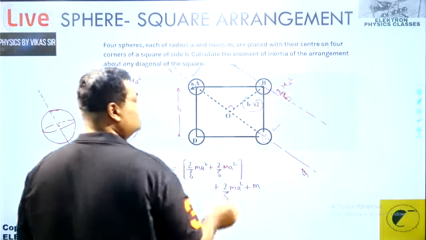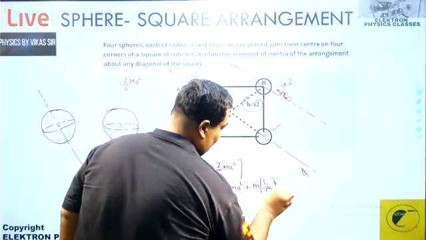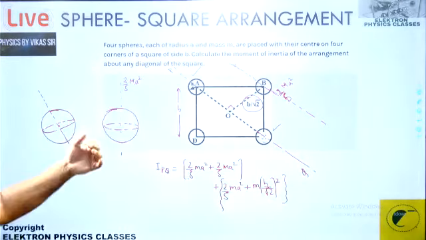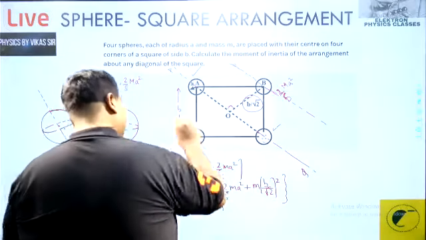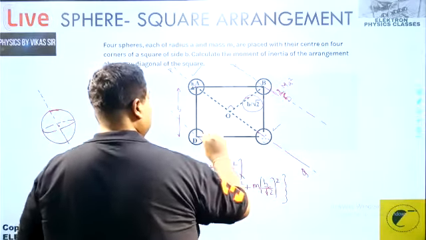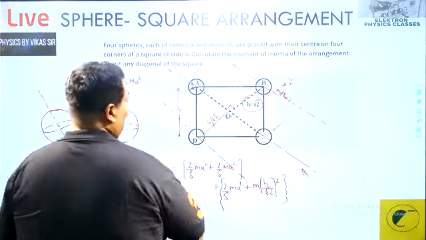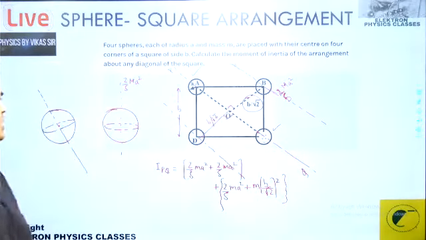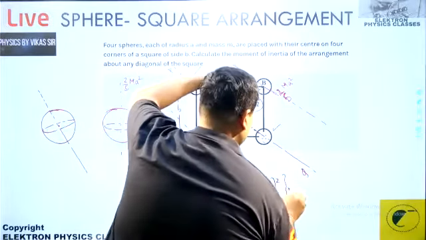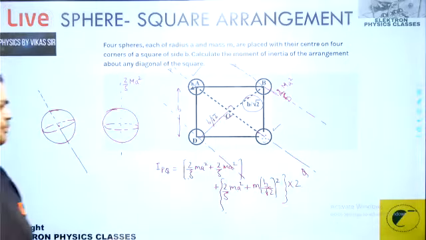This is the perpendicular distance, b by root 2. So that's b upon root 2 whole square. Correct? So this becomes the result for this one. And I think for the fourth and the last sphere, it's going to work exactly the same way, because this is again going to come out to be the same distance, that is b by root 2. And again, you can apply the parallel axis theorem. So the result is the same, because these are identical distance away and identical spheres, so multiplied by 2. So I think that works upon the answer.